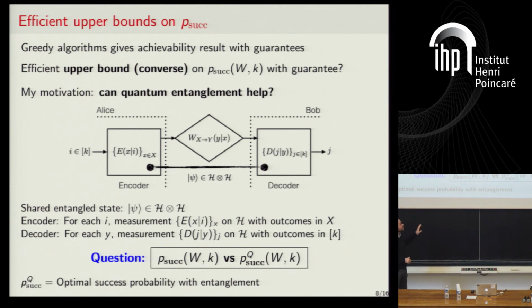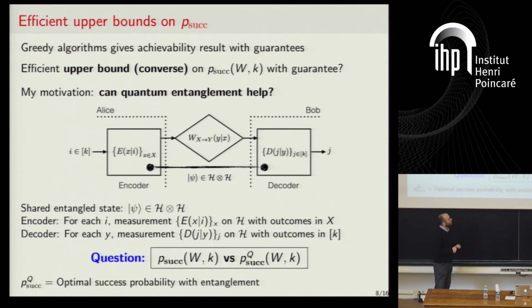So the setting is exactly the same, but now the difference is that, or okay, let me first start with a classical version of that. You can ask the same question, but suppose the encoder and decoder, or Alice and Bob, have shared randomness. They share some bits from before, but it's easy to show that this will never help them in optimizing the success probability, because it's just an average over the success probability, and you just take the best one. Okay, now you can ask the same question: what if they share entanglement?